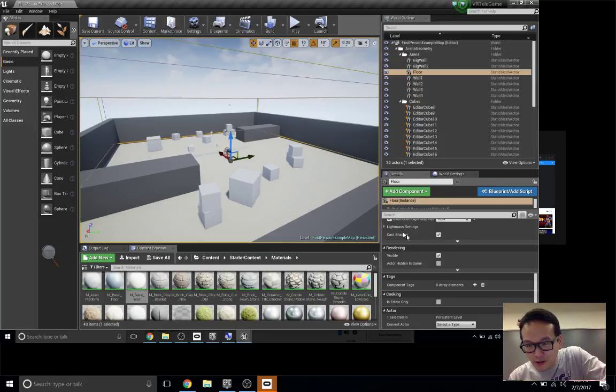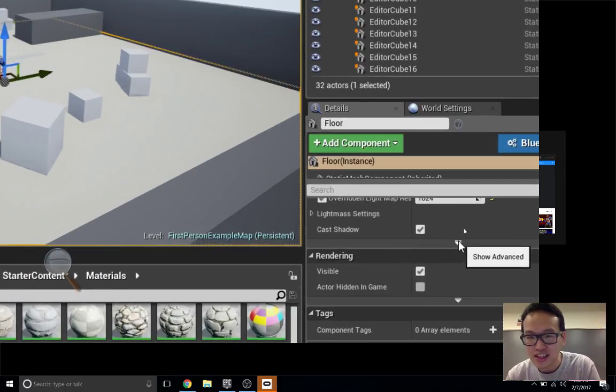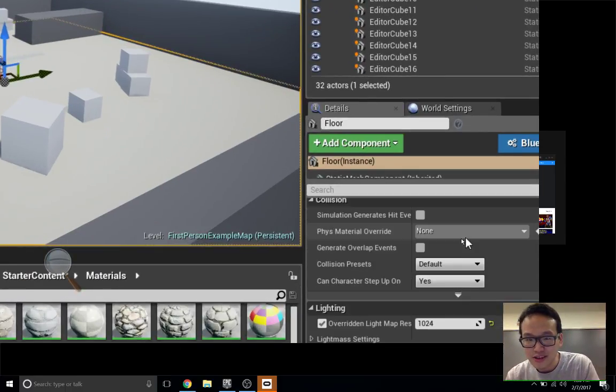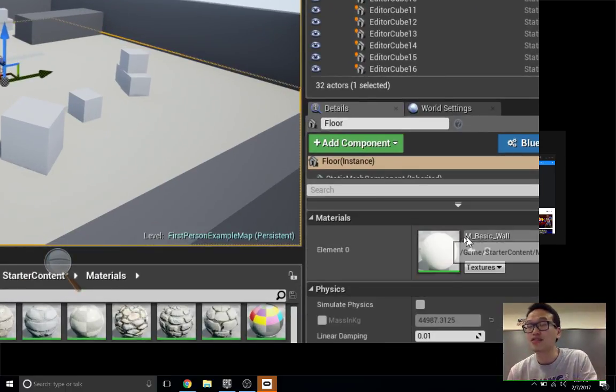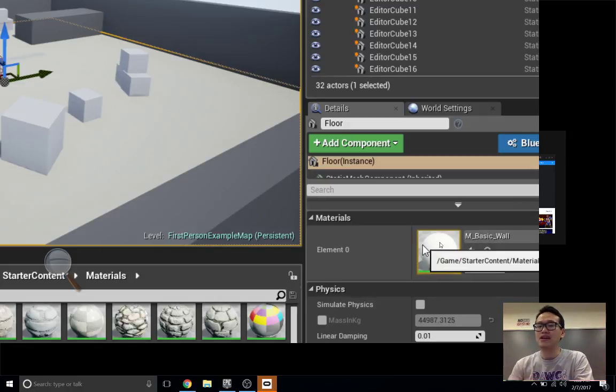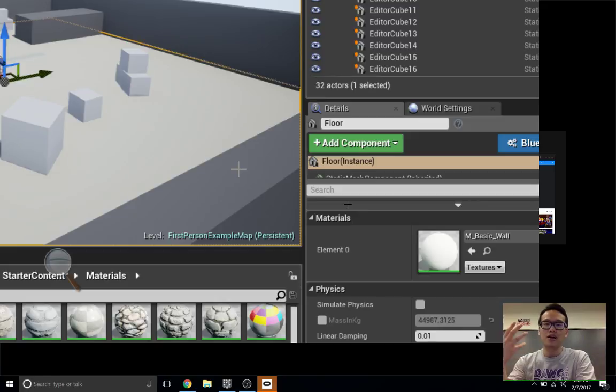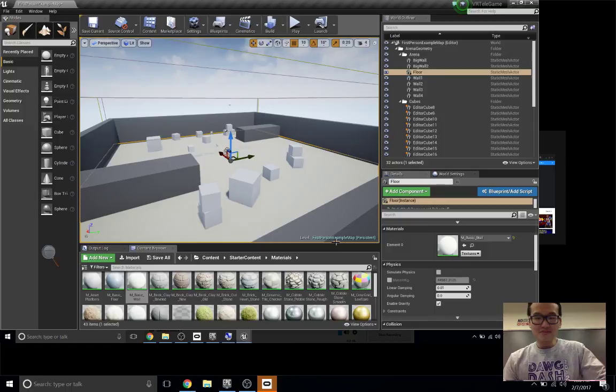Let's say I click on the floor, and then on the inspector, in the details, you see the material has been updated to the material you chose. So it automatically references everything. I recommend if you need to delete or edit stuff, do it all inside the editor. If you delete a file, don't do it outside in the default directory. Just do it all inside here. If you mess with stuff in File Explorer or Finder, it won't behave well, because the files have references to each other.